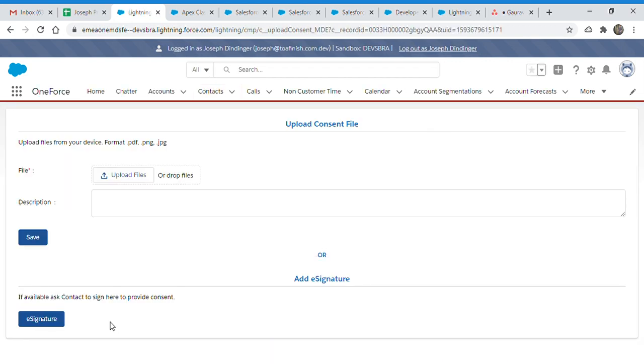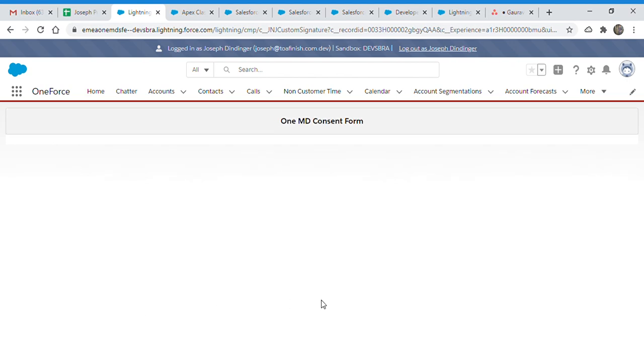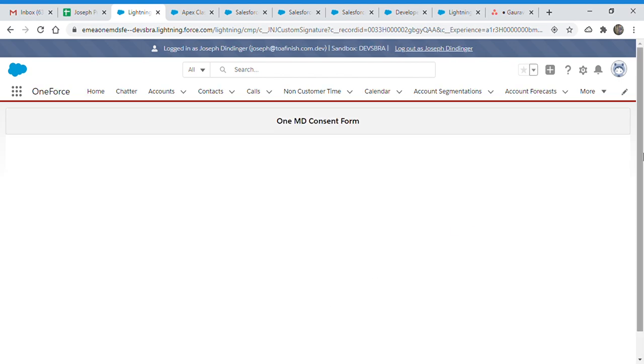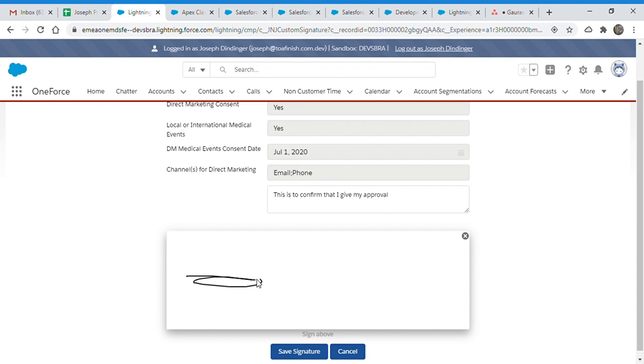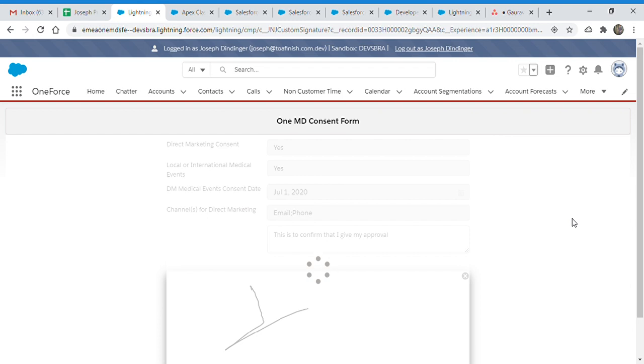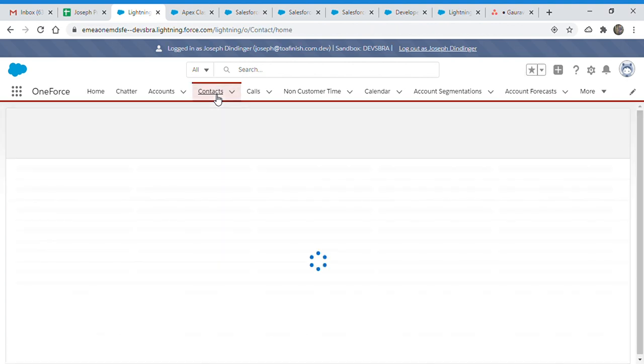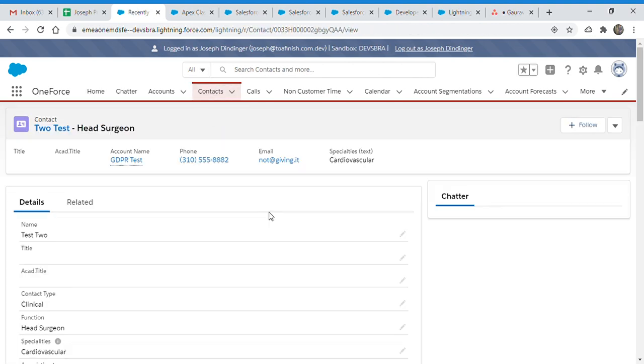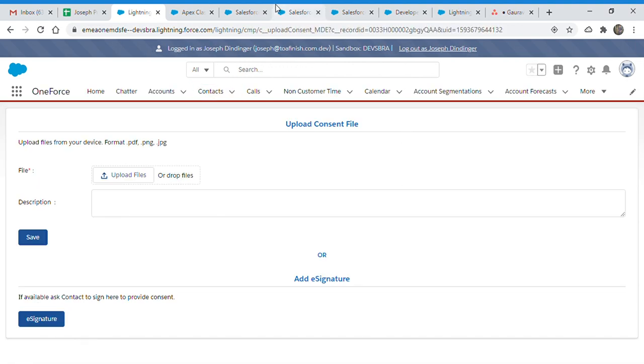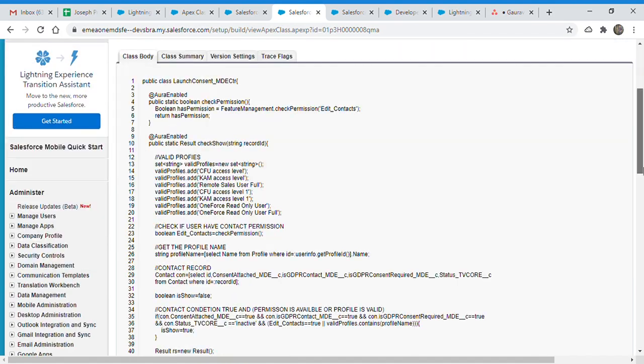And if I go here and sign the contact, it will save the signature and redirect to the contact. But after going to the contact, it will come back to the next page again, because right now it is hard coded to true. You see it just came back again, but that's fine, because I have hard coded it here.